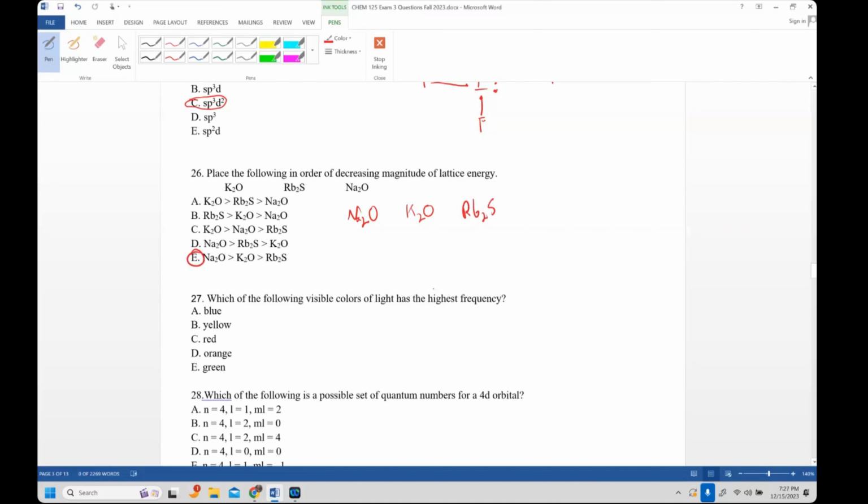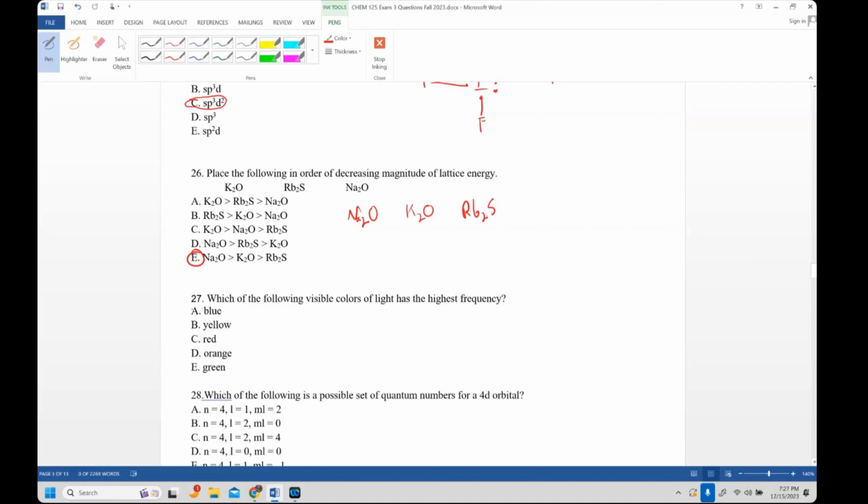All right, number 27, which of the following visible colors has the highest frequency? For those in my class, we talked about this a lot. Violet and blues are going to have the highest frequency. That's why they hurt your eyes the most. And that's why we have blue light filters for different electronic devices to help you go to sleep better and to not hurt your eyes, because